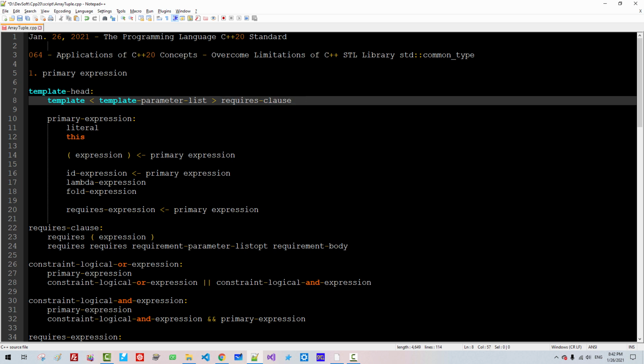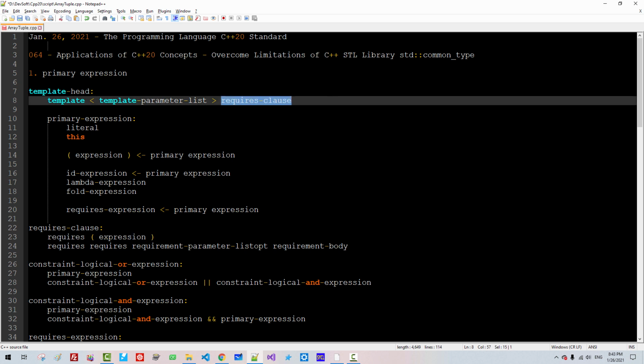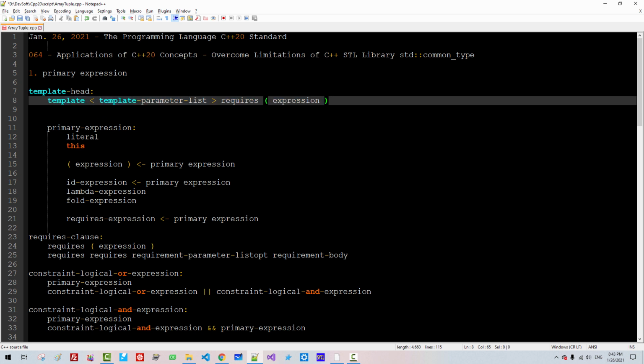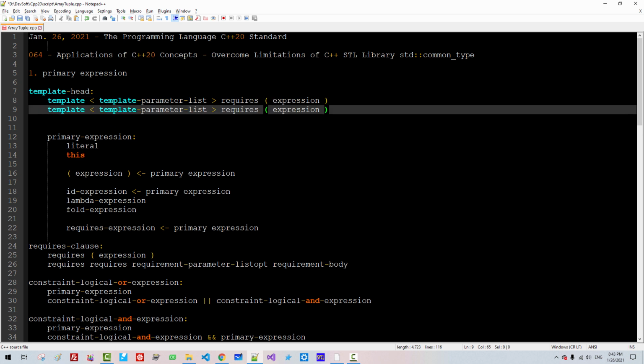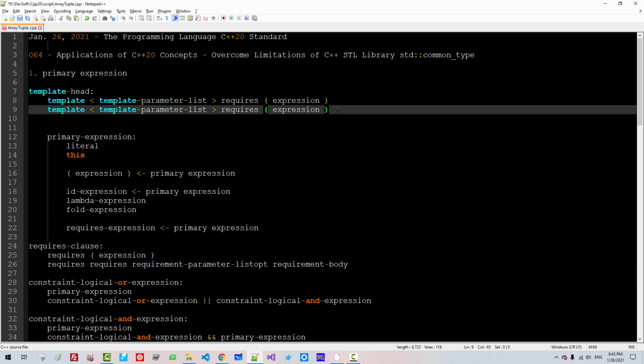Requires clause can be requires expression, or copy and paste, can be requires requirement parameter list. Copy this, paste.